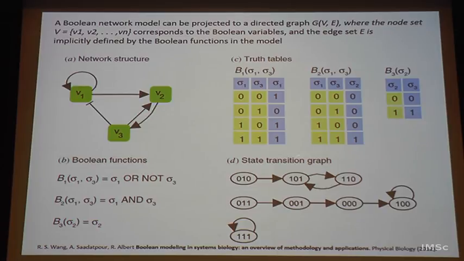And what you get is a state transition graph. At the first state, 0, 1, 0 means 0, 1, 0. So, it is representing the entire system in zeros and ones in the order that is predefined. And then in the next step, it is updated periodically. Again, it can either be in an asynchronous fashion or synchronous fashion, depending on your transfer functions that are out there.